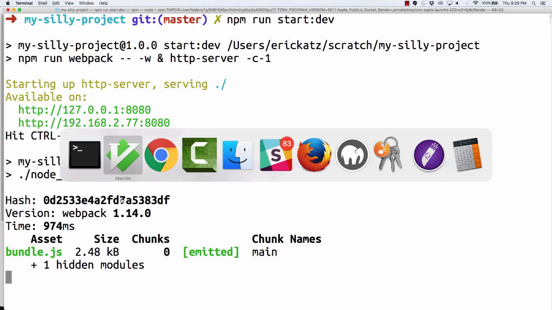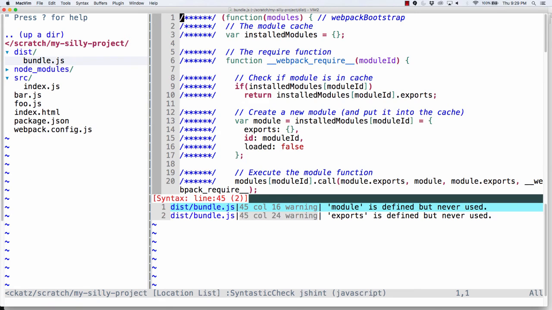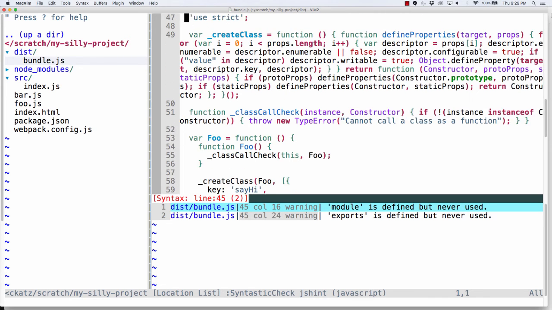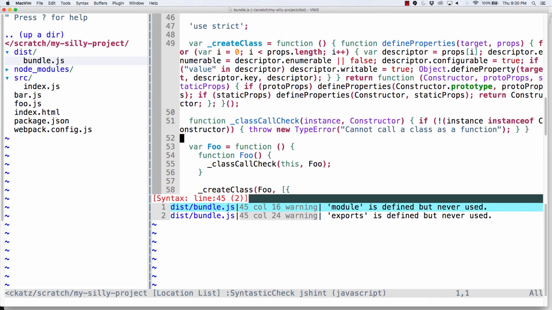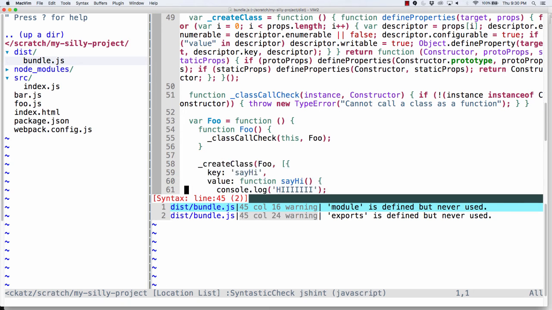Now it's running. And now if I go back here and I scroll down here, notice what it did. It basically got rid of the class, and now this is safe for any browser to use. Now I could do some interesting things here. Okay? So one of the things that I could do here